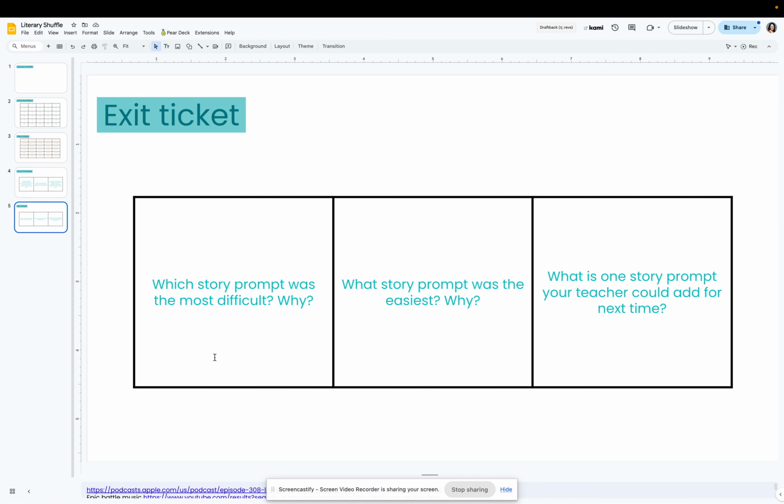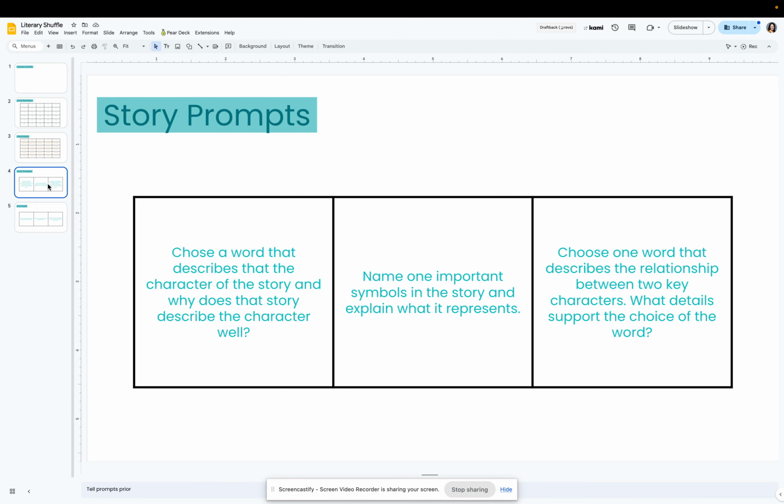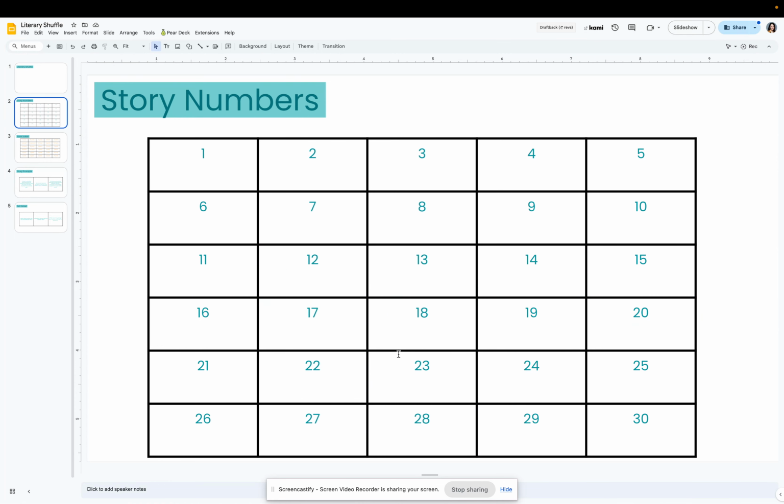So again, this can be a great way for your students to practice reading in a fun, shuffle way, to have multiple different texts, and they're working in a small group, hearing the gist and hearing these students really problem solve their story prompts. You don't need 30, but if you wanted every student to have a different story, you